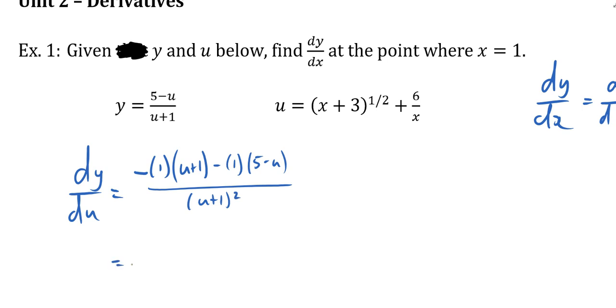I'm going to clean this up a little bit, and I get negative u plus u, so those are gone, and I get -1 minus 5, so I get -6 on top, (u plus 1) squared. du by dx